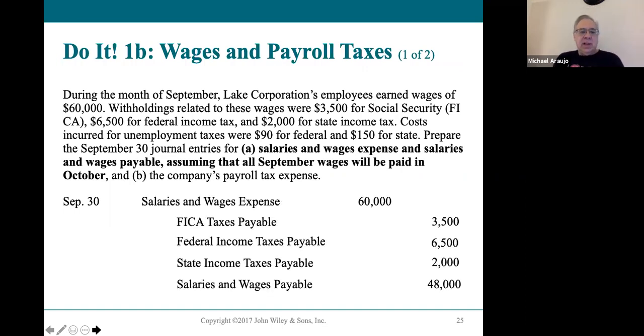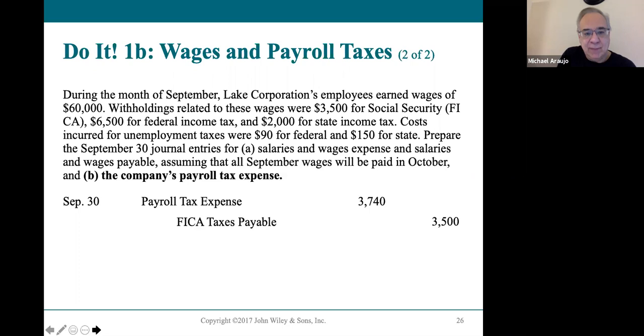So your do-it exercises go over basically those types of issues with salaries and wages and payroll taxes. It's very important that you know what's going on and understand that the business has a special role to play in all of that. Okay, so